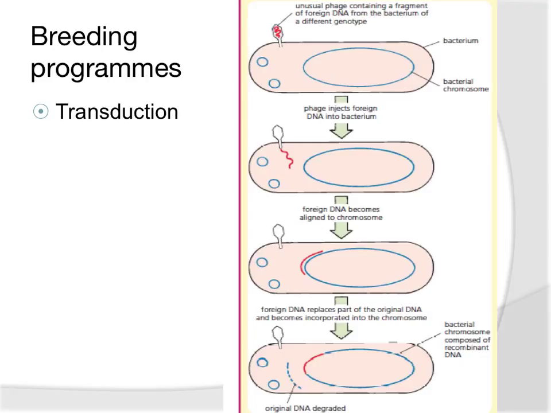Now here's another way that the genetic information in a bacterial cell can be changed, and it's this process here called transduction. Now we're looking here at a bacteriophage. That is a virus that infects bacteria, and what happens is a virus will infect a bacteria, and when the bacteriophage attaches itself to the bacteria, it injects its own DNA in there,